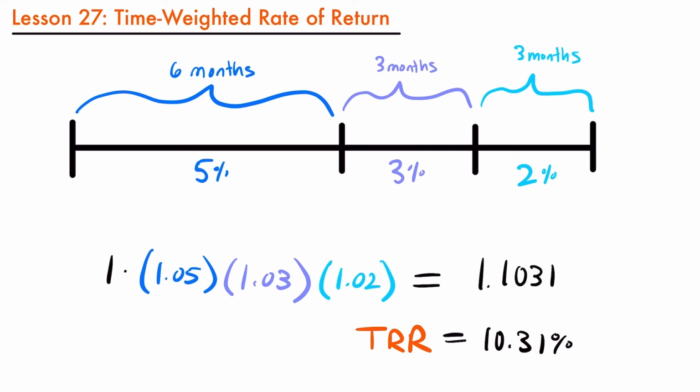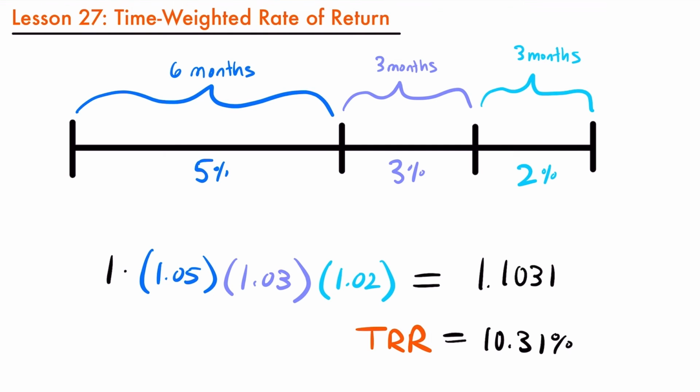But notice that the amount of time that each interest rate was active was not taken into account to calculate this rate of return. We compounded the rates over successive parts of the year and ignored the fraction of the year, or the amount of months, that each rate was active for. And so that's the idea of the time-weighted rate of return, at least in a general sense,